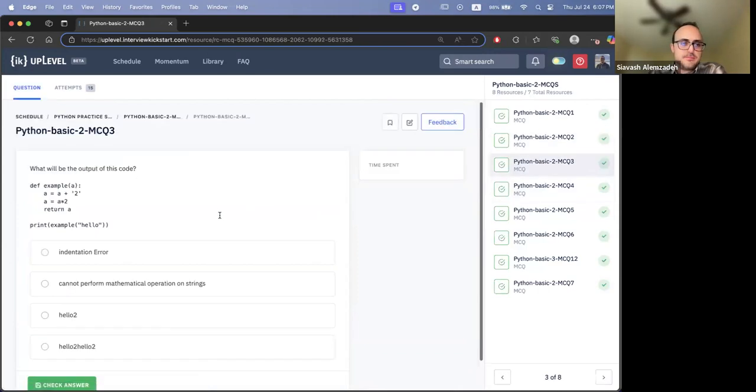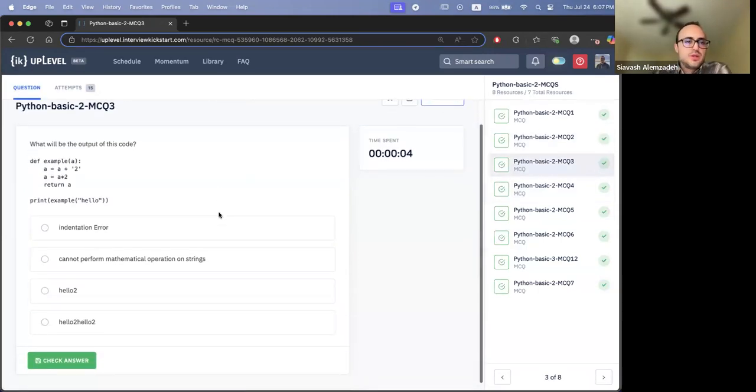All right, so let's go to the next one. What will be the output of this code? So we are given a function. There's no type hinting here, so we don't know. By a quick look, we cannot really say what's the type of the input data and what is the type